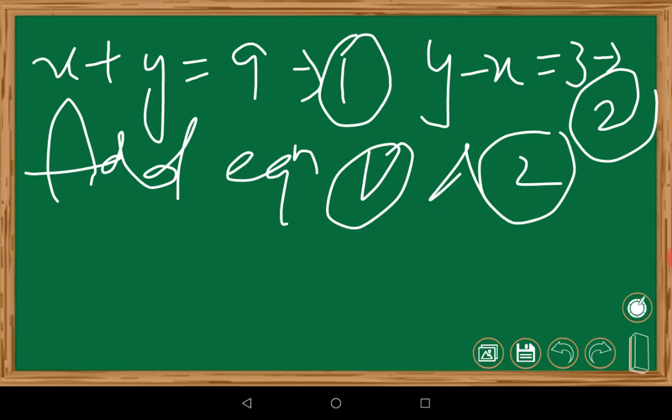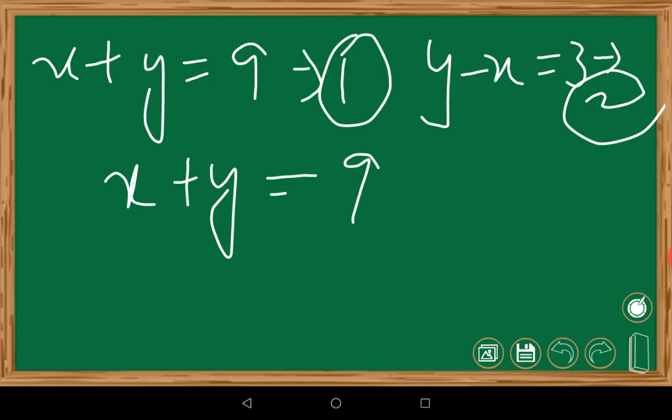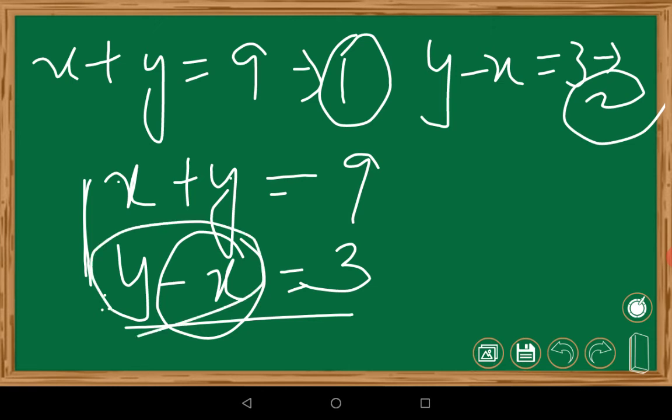Okay, so we are supposed to add these two. Now how do we add? x plus y is equal to 9, and here you have y minus x is equal to 3. Here actually when you are adding these variables and constants, you need to have all the variables at the same place. That means x is here, so the other x also should be here. y is here, so the other y also should be here. So here we don't have it like that, so let's make it like that. In this way we can make it. I'll show you here.